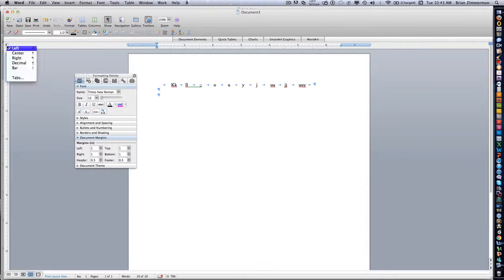This button up in the corner is going to let me set tabs left, right, center, decimal, or bar. Let's take a look. I'm going to put a center tab here at about, call it 3.5 inches. So I change this button to center, and I'm going to come right here on the tab and click. Got to get just the right spot. There it is. And so I now have a center tab. All of these other little tab marks have gone away, and now when I begin typing,